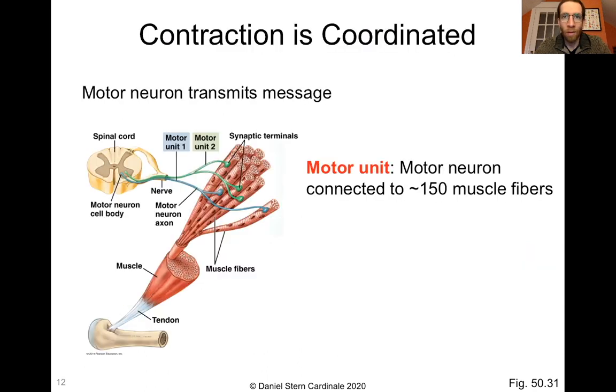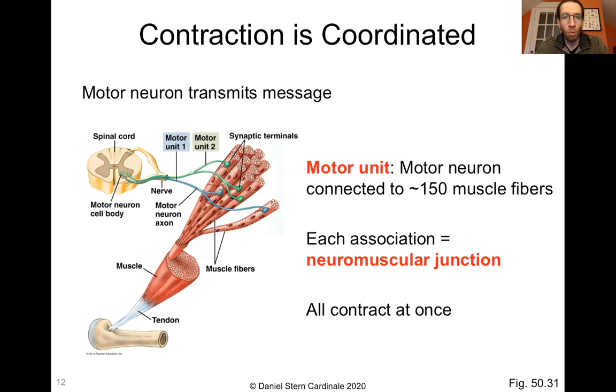If we're going to have a muscle contraction, the first thing we need to do is make sure that the muscle is coordinated. So the signal is going to come from a motor neuron, and that motor neuron is going to signal a motor unit. It's not going to signal one cell at a time. It's one single motor neuron with one action potential that is going to signal many muscle fibers at once. That is all called a motor unit. The reason we do it that way is so that it's much easier to coordinate the movement of lots of muscle cells simultaneously. You can have one single action potential getting hundreds of muscle fibers to contract simultaneously.